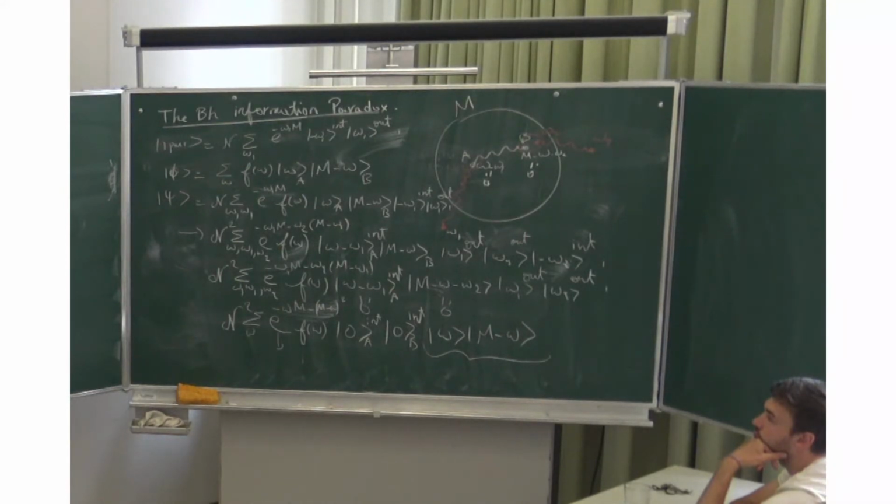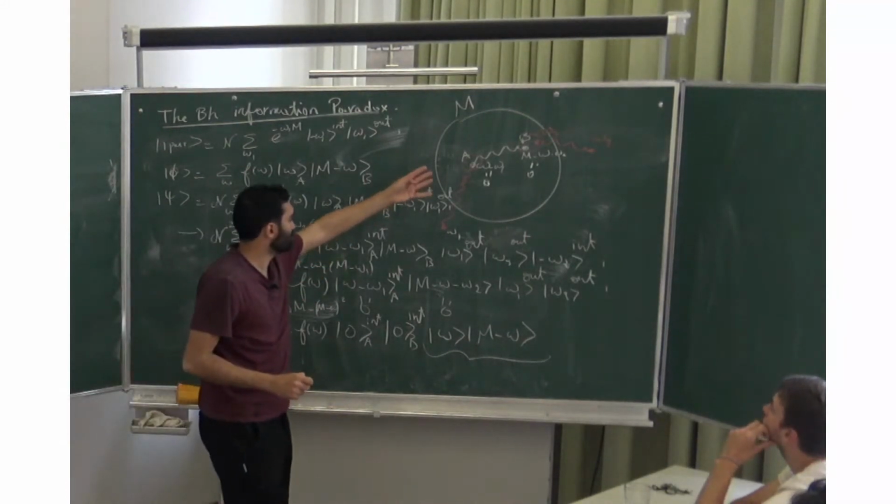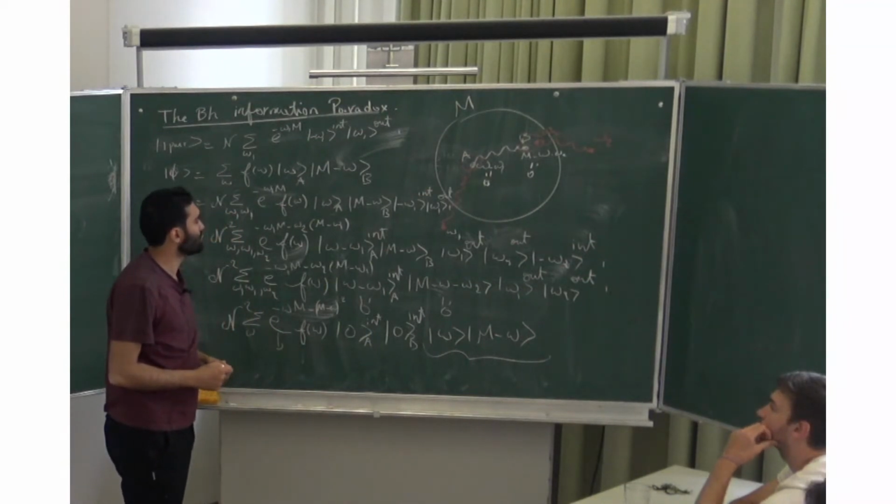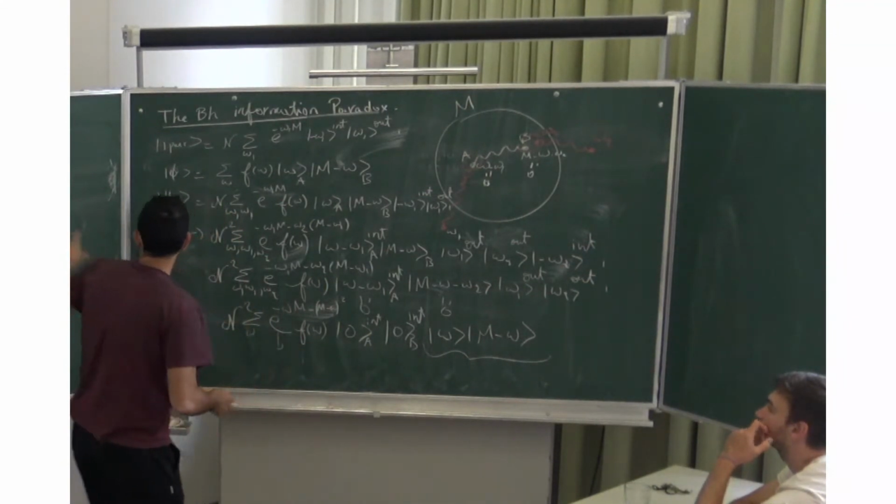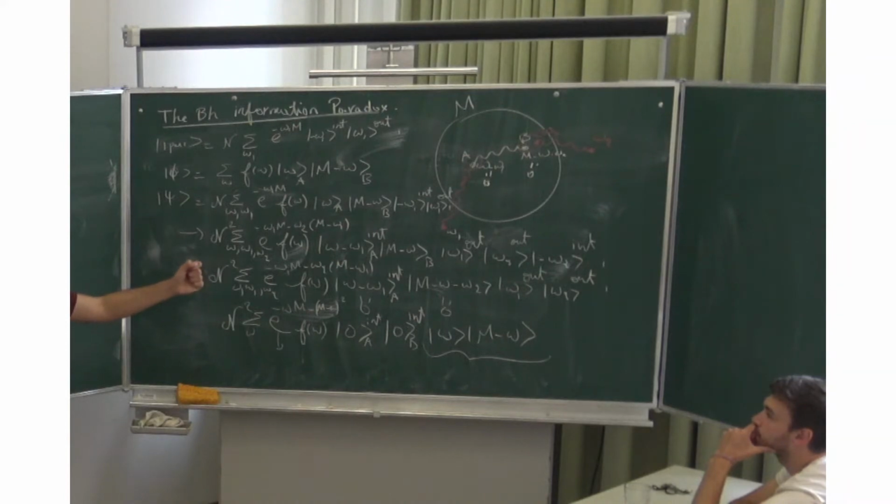Yeah. And then, for example, okay, we have a state from inside and it's getting outside, right? So why does this not violate causality? It doesn't violate causality because nothing is going from inside to outside. It's just the entanglement is being swapped. So it's like a kind of teleportation.